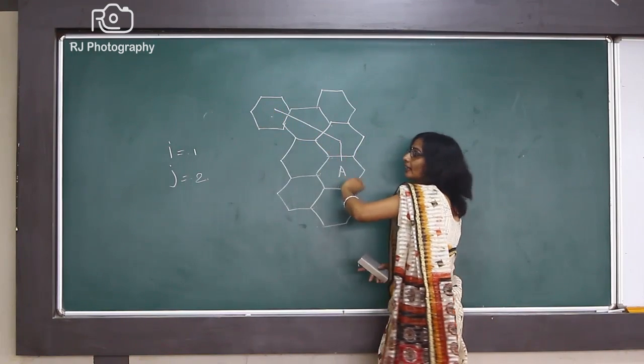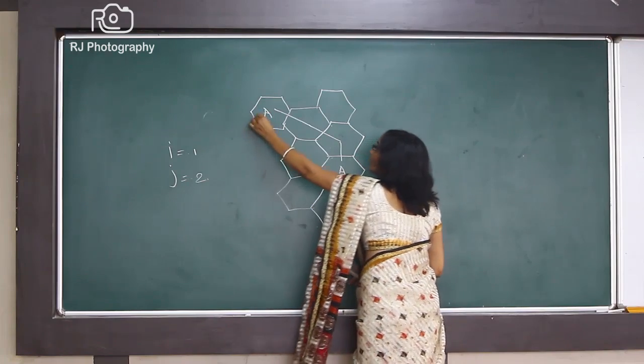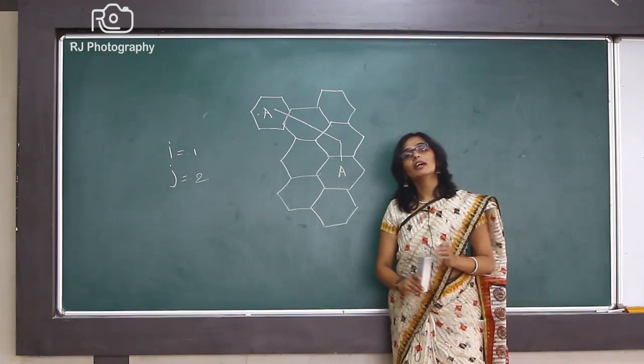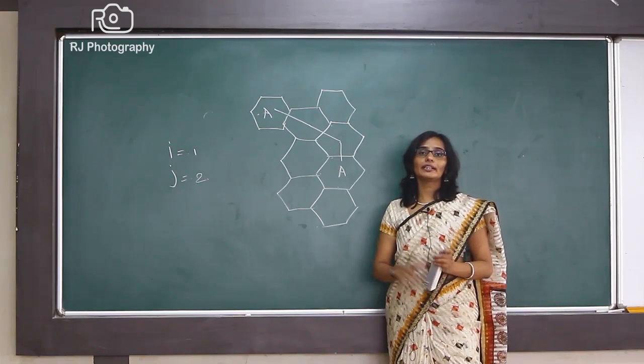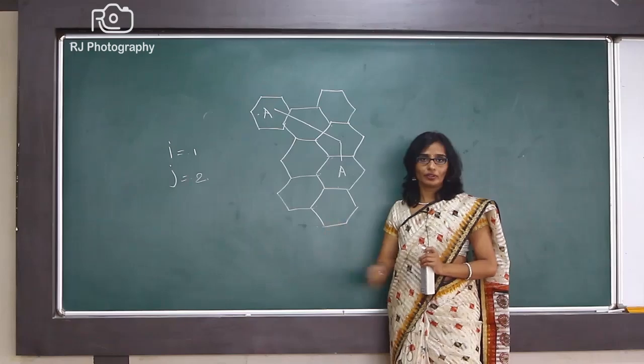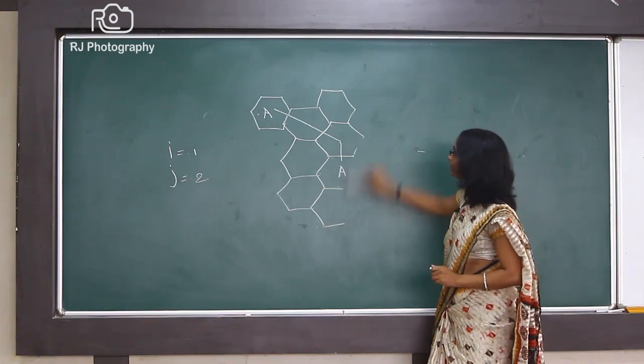This cell which is containing the value of i and j, we will reuse the frequency A in that cell. This is the concept of frequency reuse. Due to this concept, there will be no interference because the distance between the two cells using the same frequency is more. Okay, so the next part is